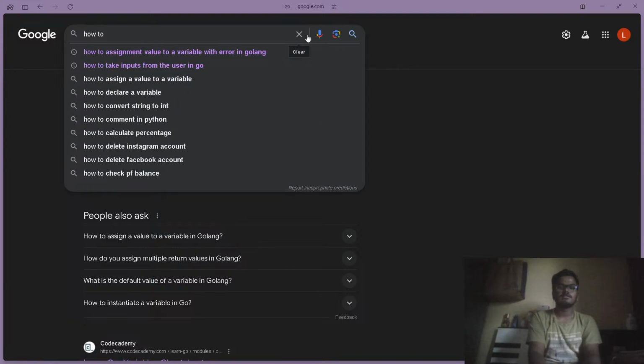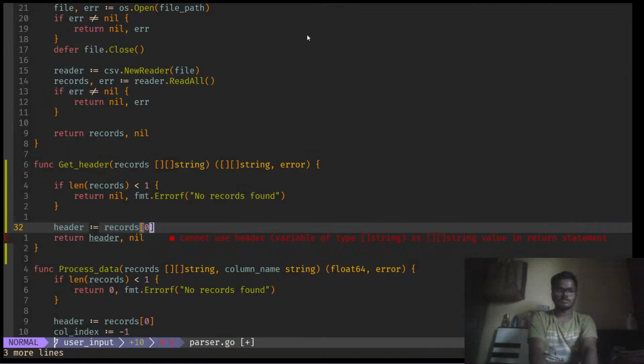You will be telling me, why am I actually using Google instead of ChatGPT or any AI? I think that using Google and researching is something that every programmer should do. ChatGPT should be the last resort as a programmer if you want to solve a problem. How to